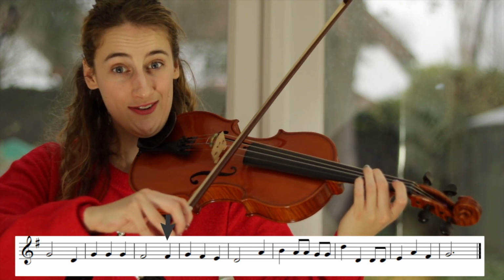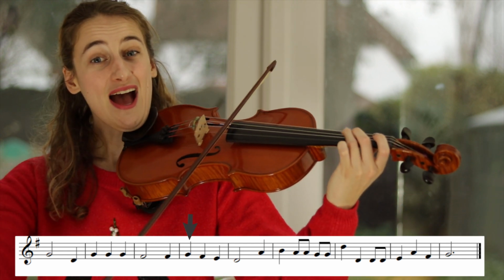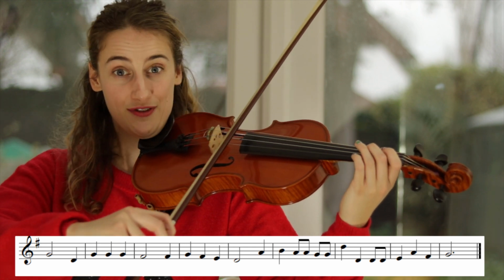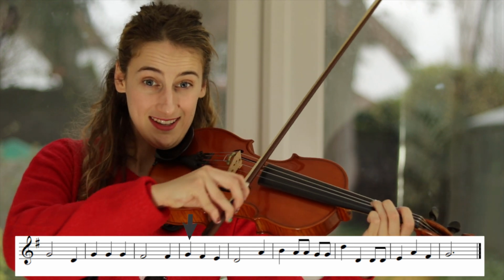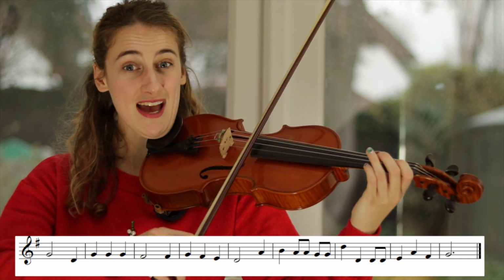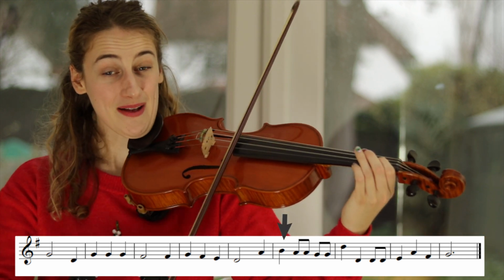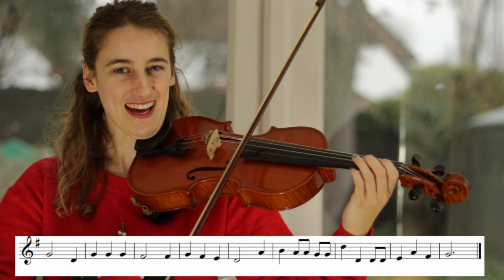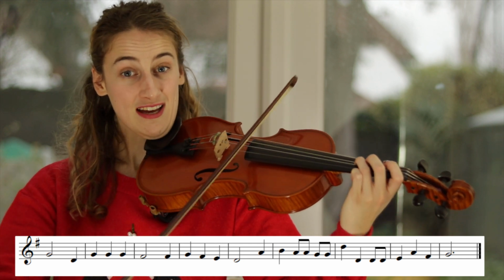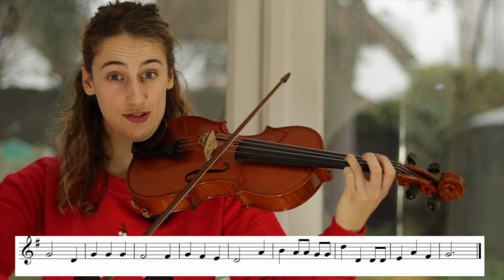F sharp again on a hooked bow. So up, G, F sharp, E, D. And again from that F sharp, hooked bow. And a hooked bow for the A. So A, B, A, G, G. And then our finger 3 is going from finger 3 on the D string to finger 3 on